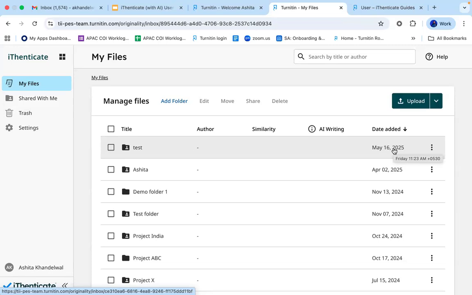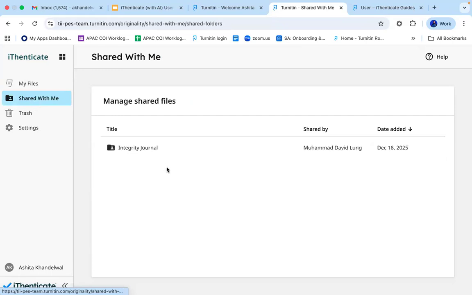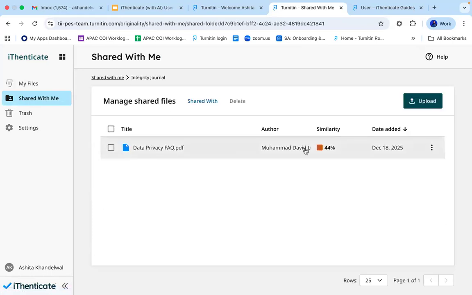Okay. Even if somebody else has shared their folders with you, you can see that folder in this particular section called shared with me. Here you will be able to see that this folder has been shared by one of my team members, whose name is David. I can open this folder and I can see that one paper has been uploaded by him and the similarity report is this.